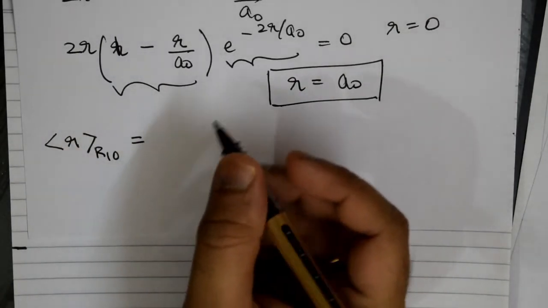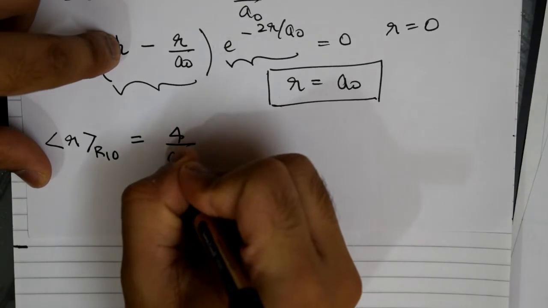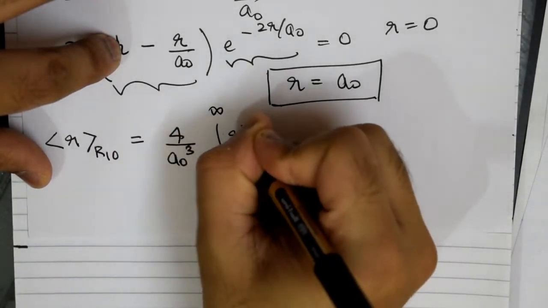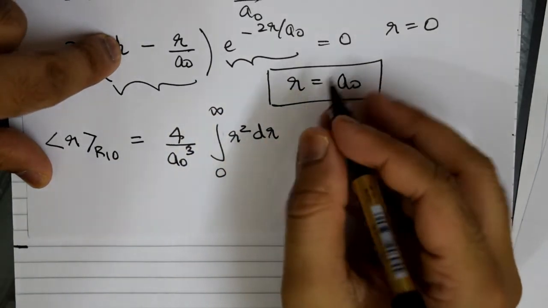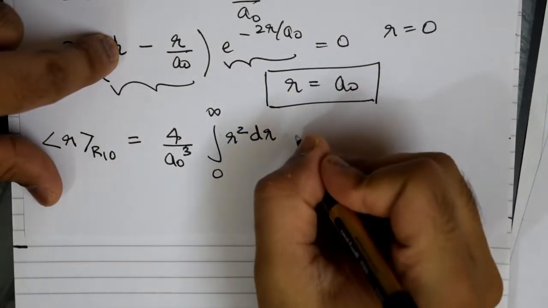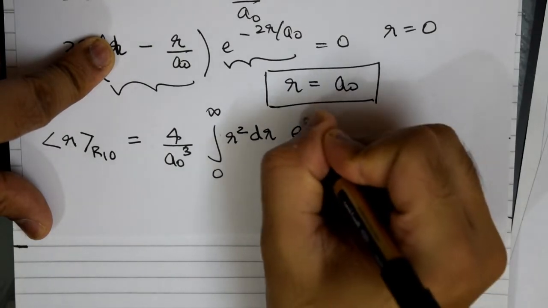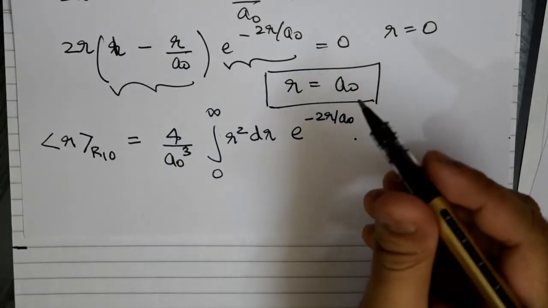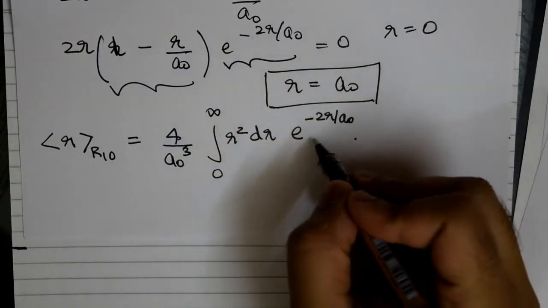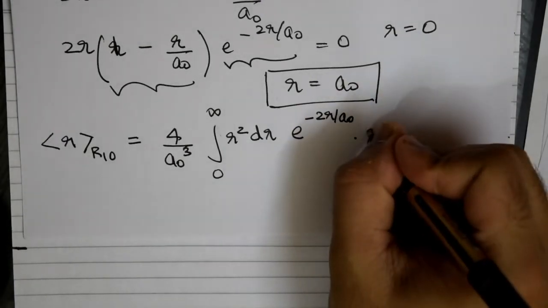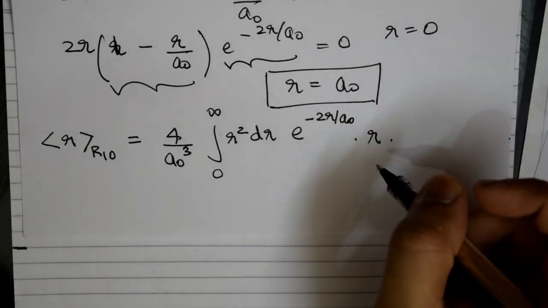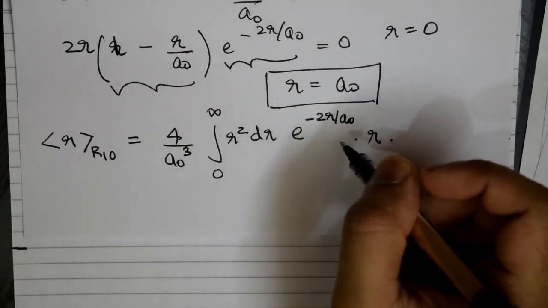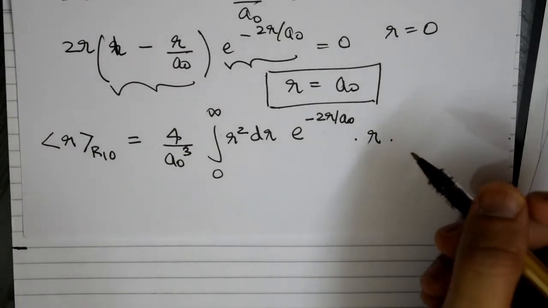How would you find this? You would once again do the integral from 0 to infinity. Remember, the integrand is r square dr times the function, and you had already squared the function. The squared function is e power minus 2r by a naught, and remember, there has to be psi star r psi. I've already made mod psi square here. The r has to come. The only way this is possible is because in this case the operator is a multiplication, therefore I was able to write mod psi square. So be careful when you do it for regular math type problems.